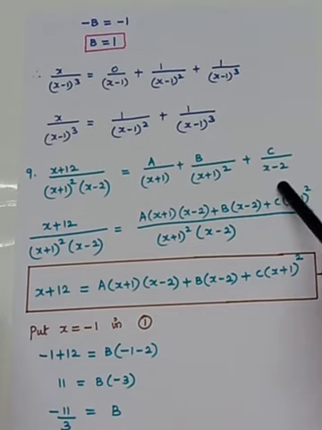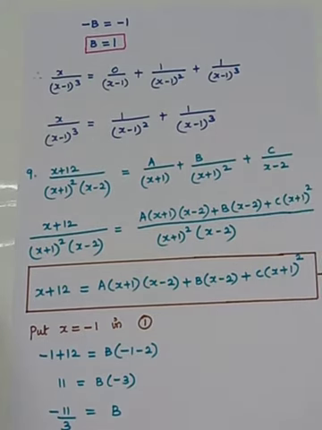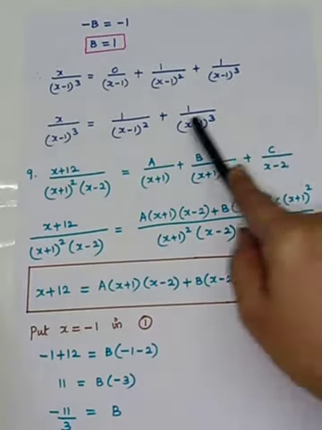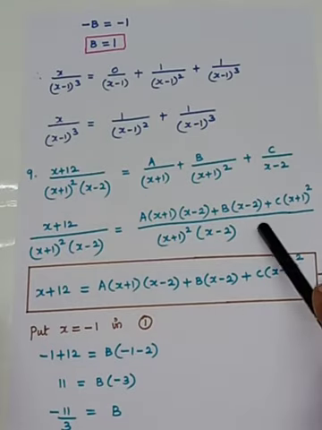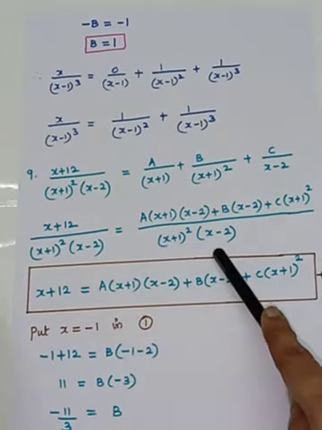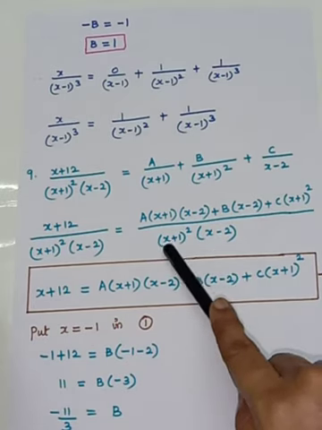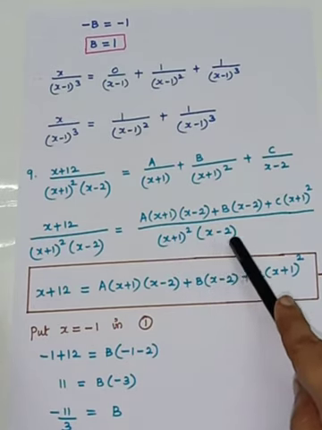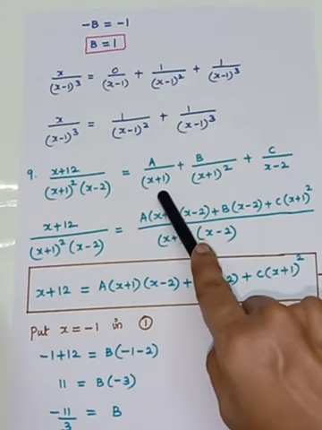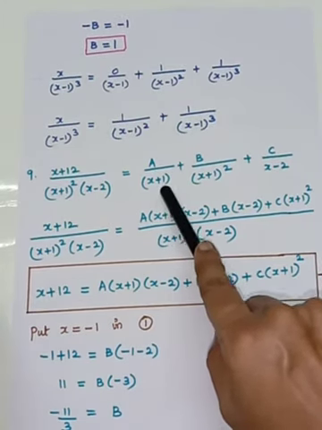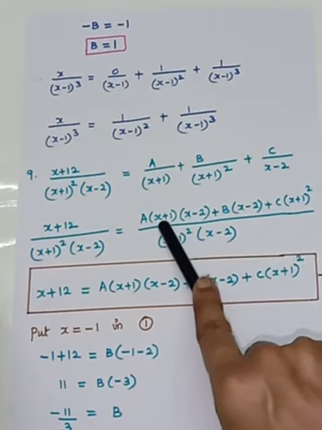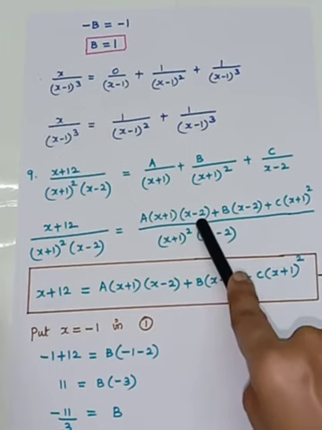Okay, so what's the next step? You have to take LCM. So the left side you have to write the equation as it is. Now you have to take LCM. What will be the LCM? Whatever is present in the left side, definitely that will be the LCM. So it is (x plus 1) the whole squared into (x minus 2). Okay, look at this. Here you are having only x plus 1. So a has to be multiplied with (x plus 1) into (x minus 2).